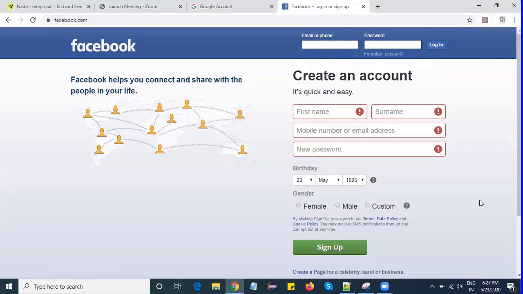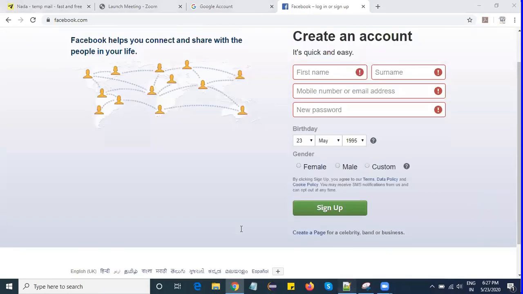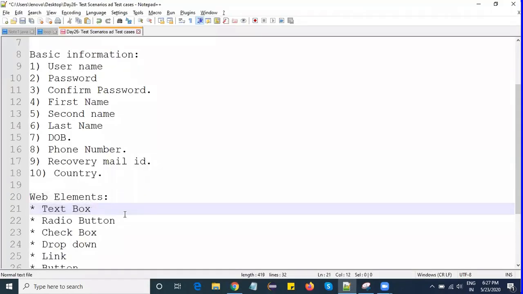I will write the description of text box: where we can enter characters.